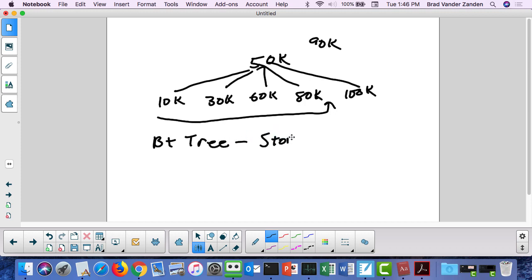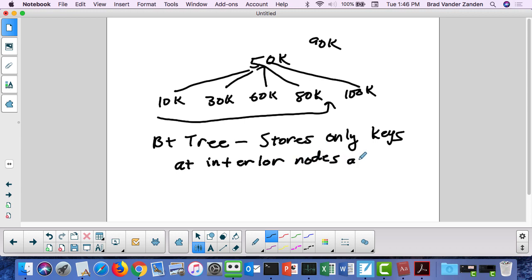And it stores records at the leaves, at leaves only. That's different than a B tree. A B tree will store records in the interior nodes as well, which cuts down on the branching factor, because